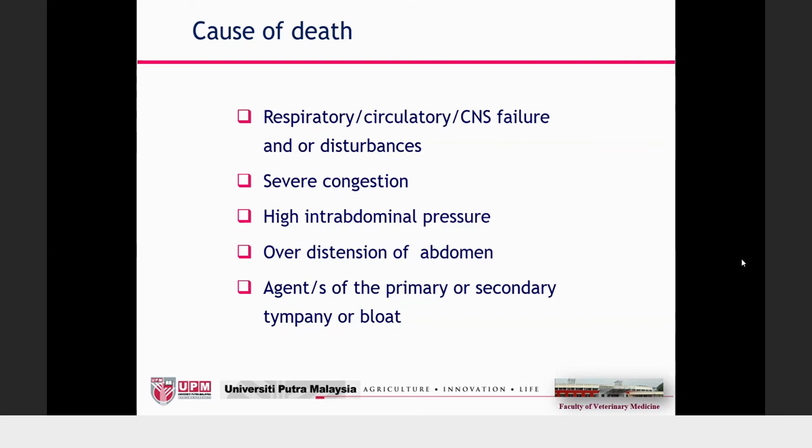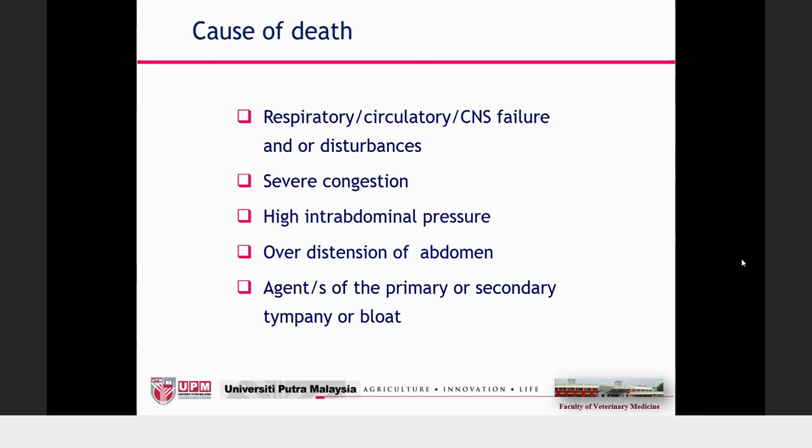Of course, when you talk to your client, probably you just say that the cause of death is due to the bloat. That's good enough. Otherwise it is very complicated and they are not going to understand. They will be confused. You tell the client the animal has bloat, and you are finished with your client. But in the report,